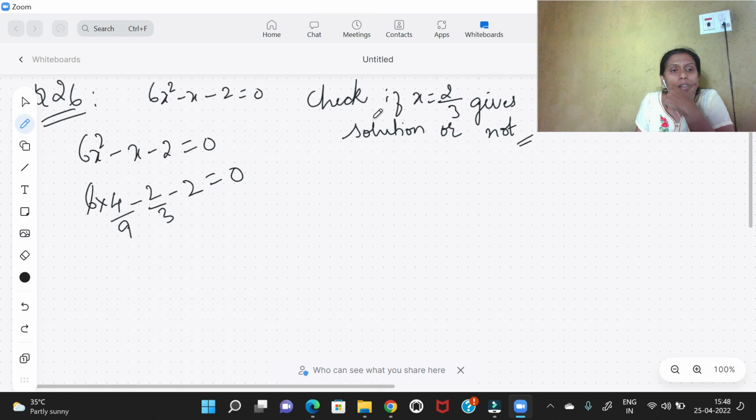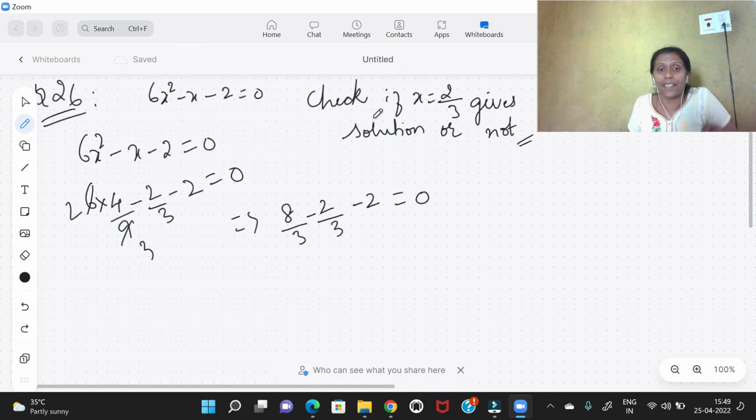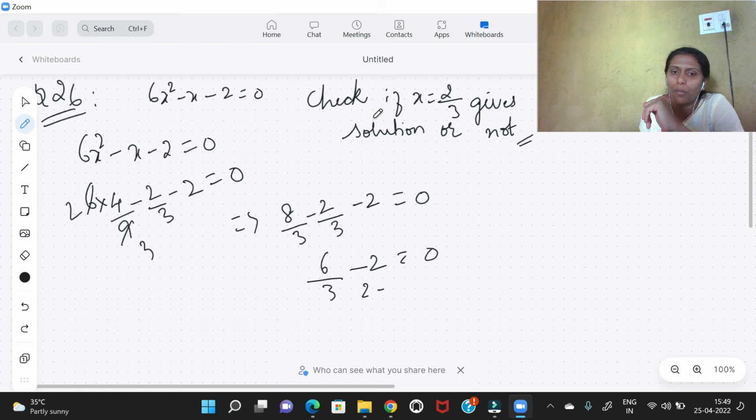So here 6, 3 twos are 6, 3 threes are 9, so it becomes 8 by 3 minus 2 by 3 minus 2 is equal to 0. Let us play intelligence here. The denominators are same, so numerators you are just subtracting. 8 minus 2 is 6. 6 by 3 becomes 2. 2 minus 2 is equal to 0. Therefore, 0 is equal to 0 means, therefore x is equal to 2 by 3 is the solution